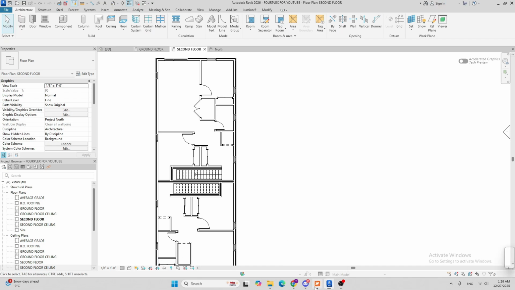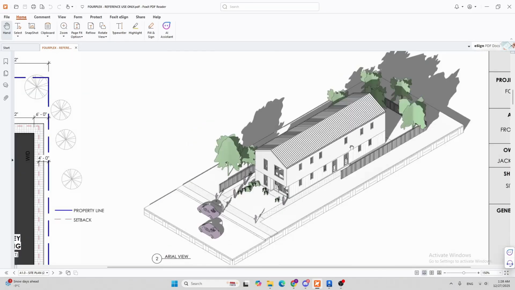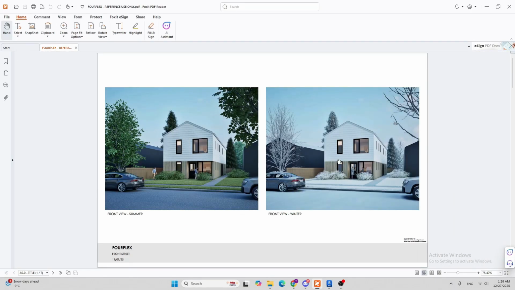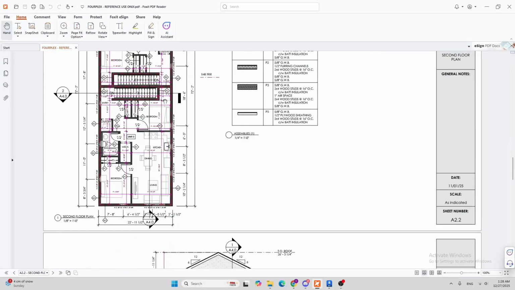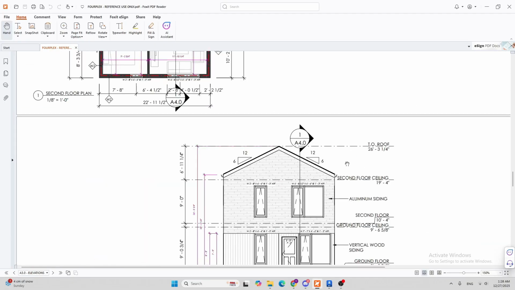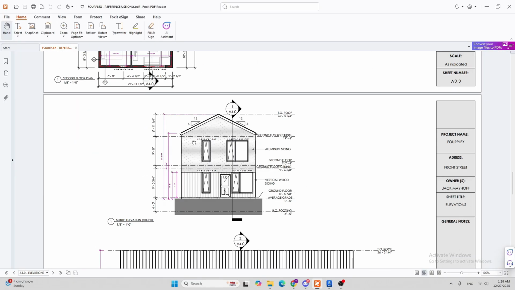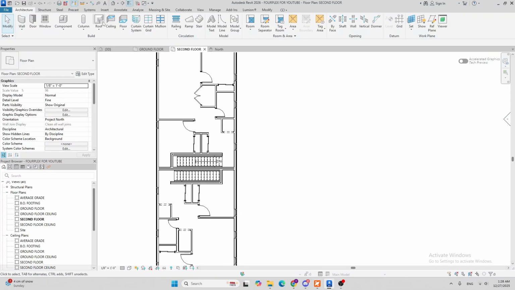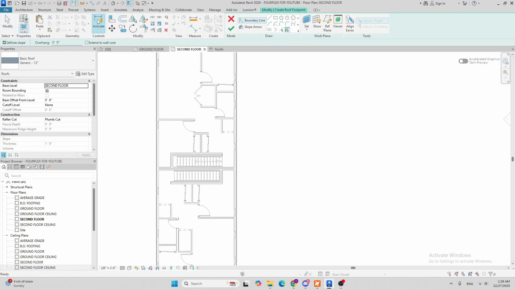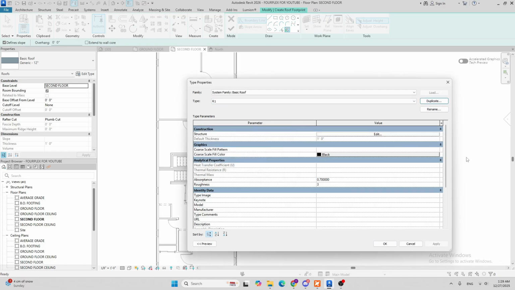So you guys can see on the PDF right here the roof for this thing. You guys can see it on the 3D model as well as the renders right here. So the roof doesn't have any overhang to it. You guys can check on the elevation as well. There's no overhang to the roof. So that's what we're gonna do for the design of this thing. So I'm gonna go on the second floor plan. I'm gonna go to roof, and I'm gonna edit type and duplicate, and I'm gonna type all1, hit OK,